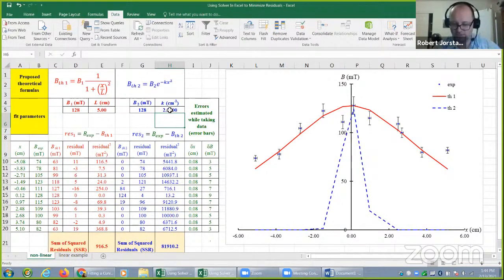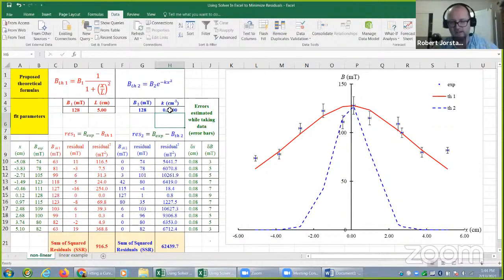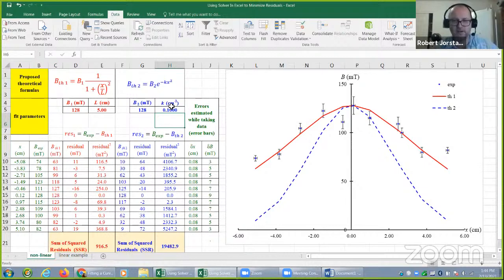It gets larger. Let's try going the other way. If I take this to 0.5, it goes from 82,000 down to about 62,000. It's looking better. How about 0.1? It's getting down much lower. And so we see that the better the fit of the curve is, the smaller this sum of squared residuals